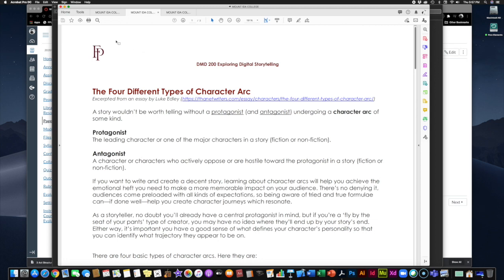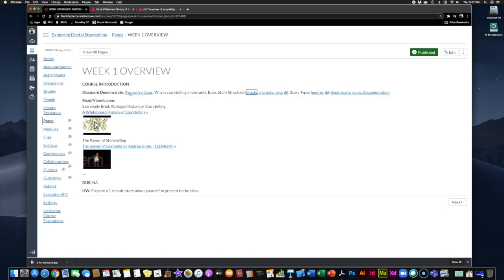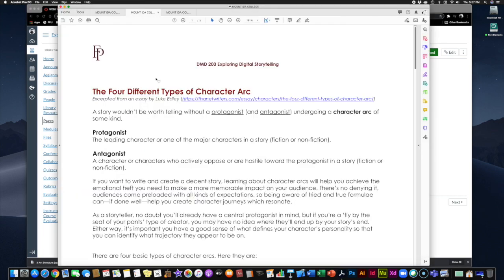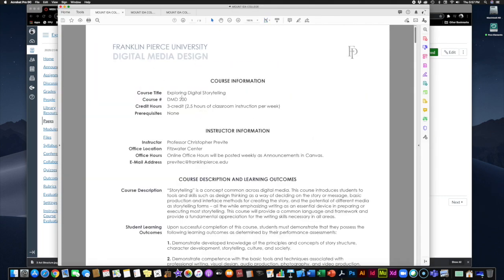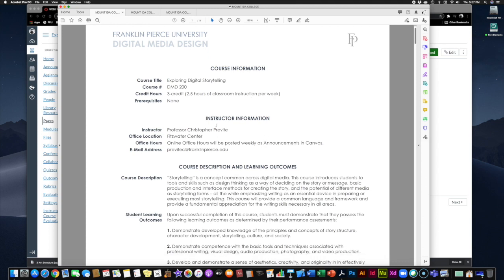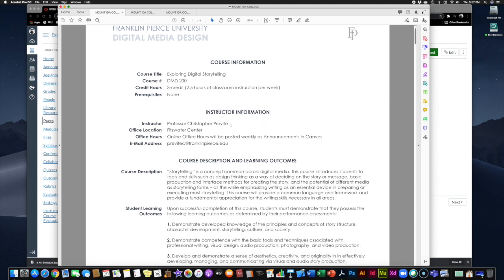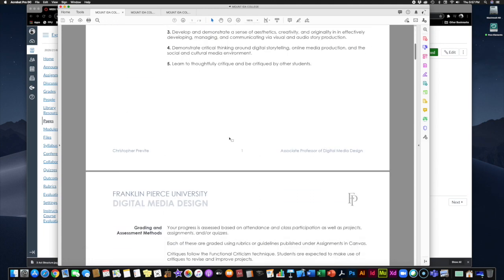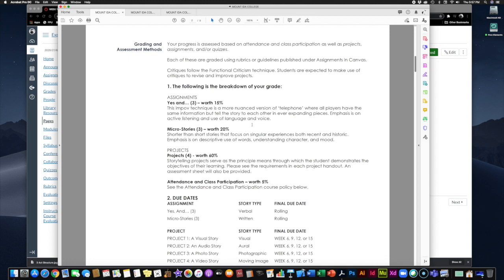Okay, now, briefly, let's shift gears. We're going to take a look at the syllabus. Again, you can review the syllabus by simply clicking this link. But we're going to take a look at the PDF of it here. Now, most of the syllabus information on the handout is also on our home page of our Canvas page. So I'm not going to go over this verbatim because it's redundant, and let's not waste too much time here, right? But just so you know, this is the basic breakdown of the class. Everything is there. The class is broken down.